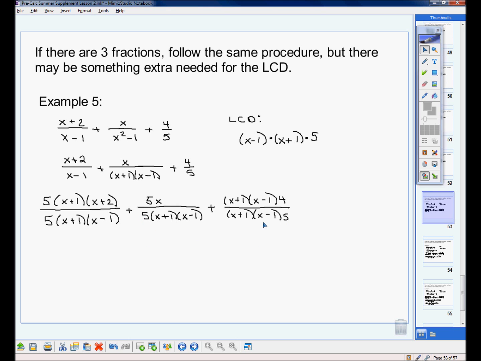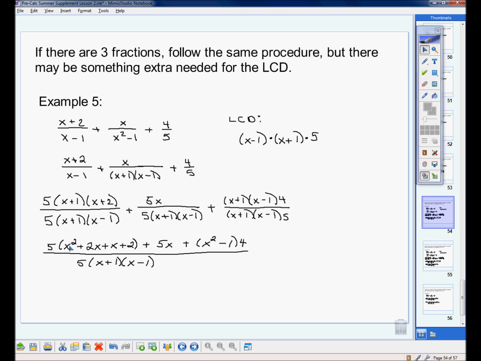Now after this is all taken care of, we need to start simplifying. We need to start bringing them all over the same denominator. In the interest of the simplicity of writing, I like to put it over the same denominator as I'm simplifying. So let's take a look here. I put everything over the same denominator because that's what the whole purpose of having common denominators is for in the first place. X plus 1 times x plus 2, if we begin to multiply them out, the first term's